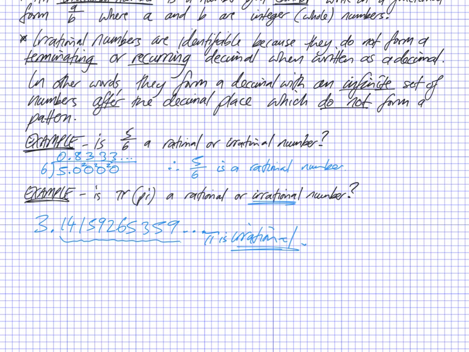So that's the idea of rational, irrational numbers. Rational numbers either stop or have a recurring pattern. Irrational numbers do not stop and do not have a recurring pattern. So hopefully that